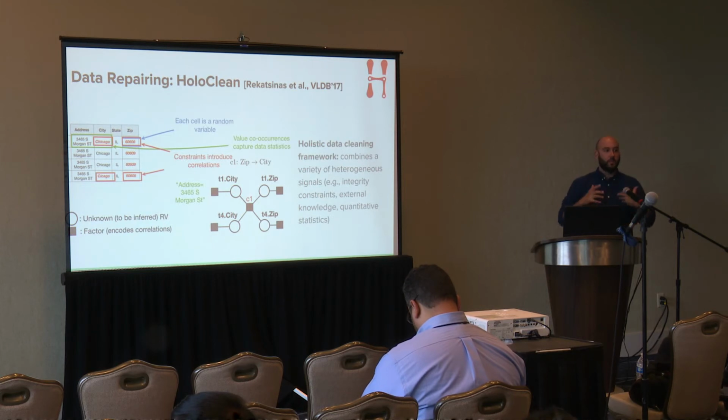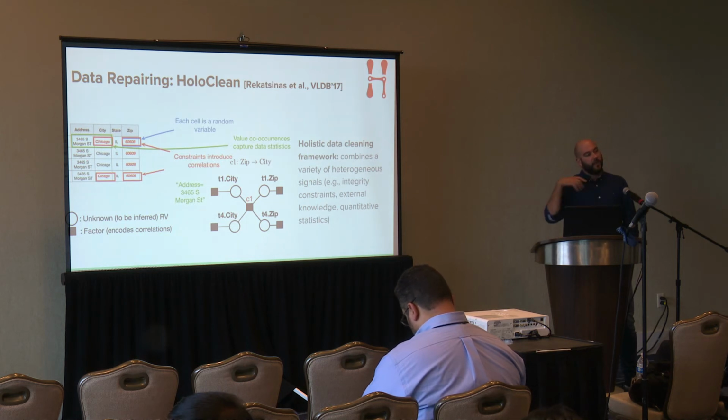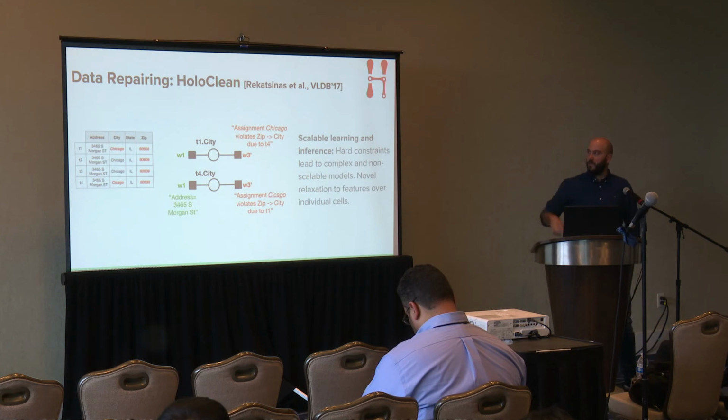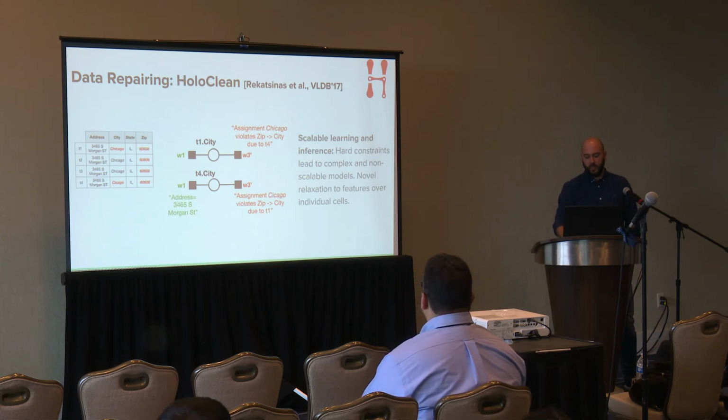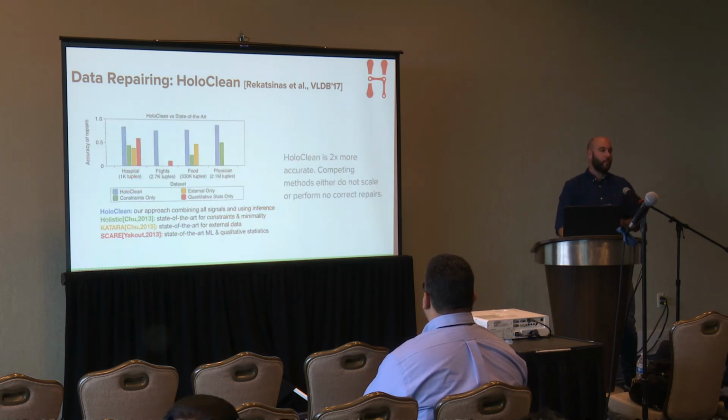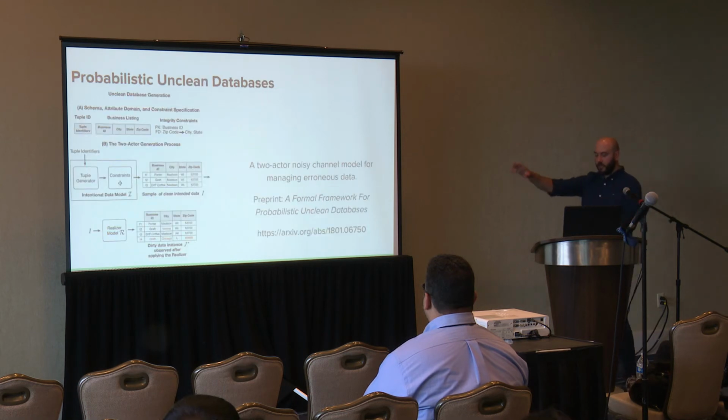Now, the problem is that if you want to use learning and inference here, to use this distribution to predict what the value of a cell should be, so to fix errors in case of erroneous cells, this won't scale. To do that, I won't go into the details, but we perform some relaxations of those constraints just to make sure that things scale. I'll be super happy to take that offline for the interest of time. It works. It works really well. And it works well because actually it captures the fact that in reality, remember again this, on average, we're not in adversarial scenarios. More recently, this leads to new theory, but I'm going to skip that